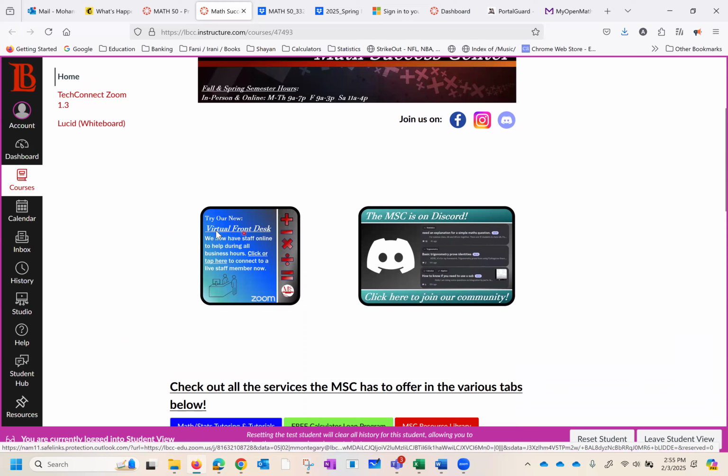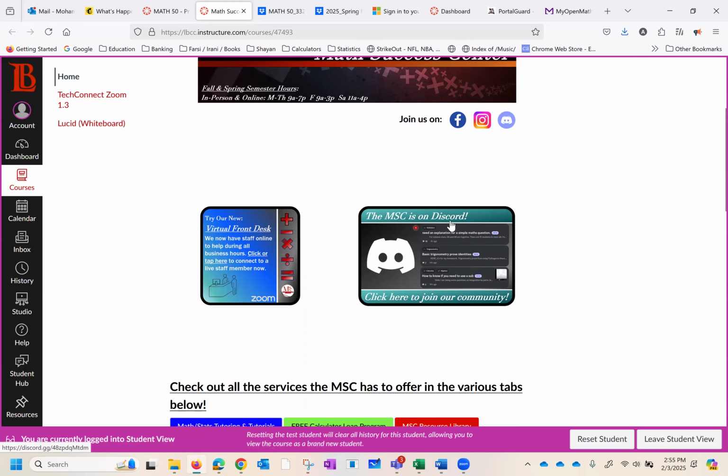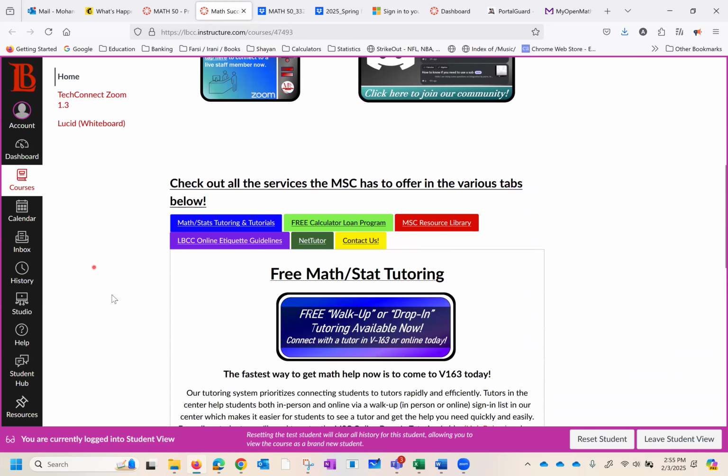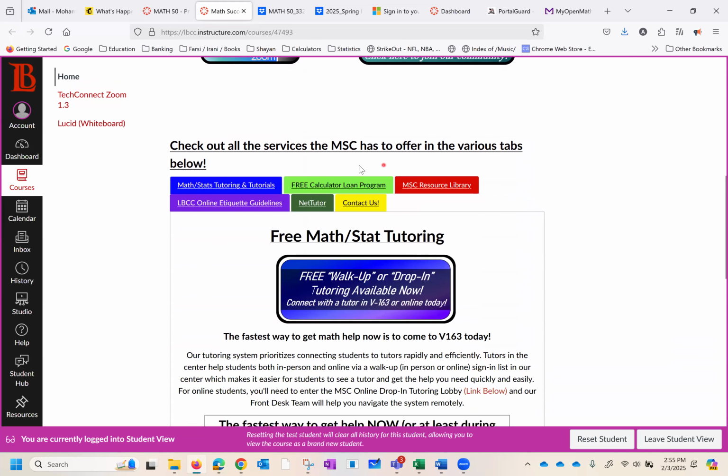They have a virtual front desk. They have Math Success Center on Discord. The services they have to offer: math and stat tutoring and tutorials, a calculator loan program, of course.